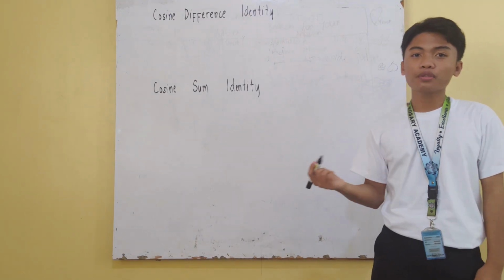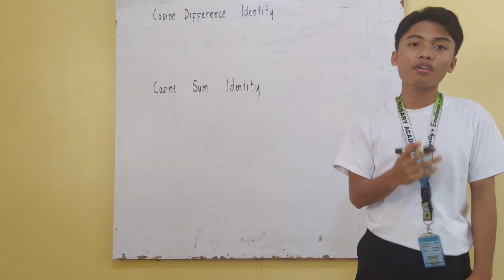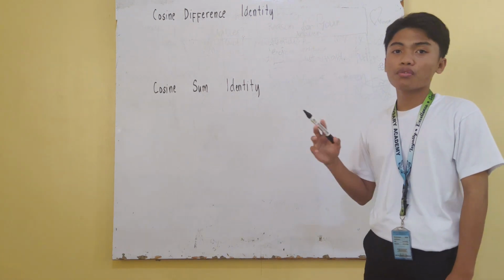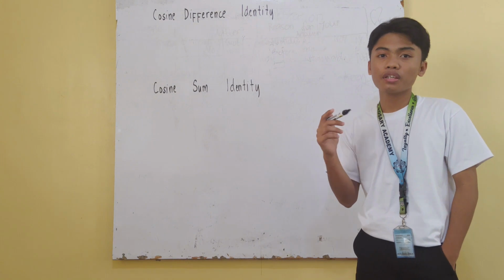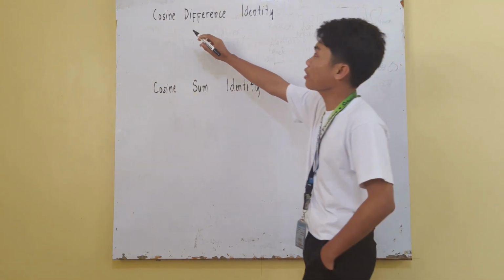Good day everyone. For today's video, we will be discussing the cosine difference identity and the cosine sum identity. The cosine difference and sum identities are used to determine the exact value of a cosine angle using standard angles. So the formula for the cosine difference identity is